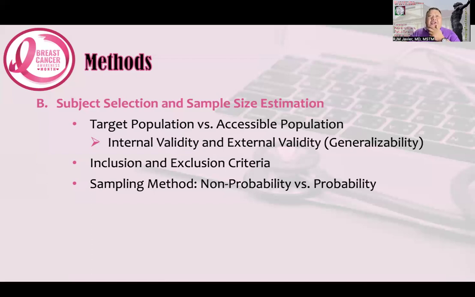On the other hand, your non-probability sampling, there could be already some form of selection bias that you are introducing. Let's say if you want to perform purposive sampling, convenience sampling, snowball technique. But of course, there would be pros and cons whether you employ your non-probability versus your probability sampling.